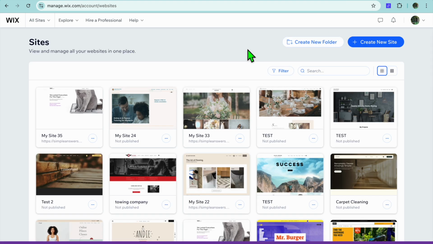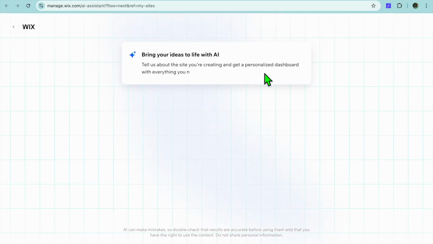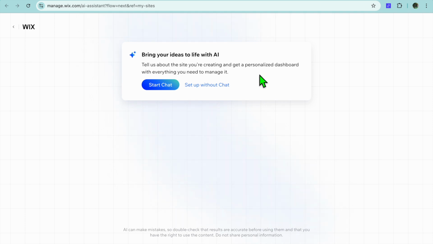Once you have done that, you'll be prompted to enter your login information and you can sign up using your Google account or your Facebook account. After you're signed up, you're going to tap on Create New Site and you'll be redirected to a page just